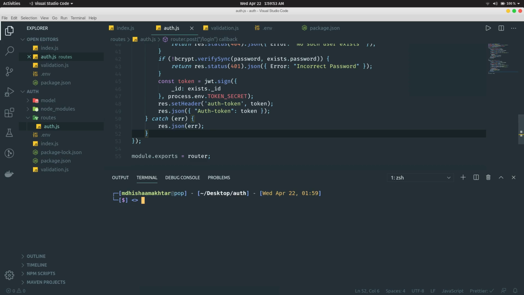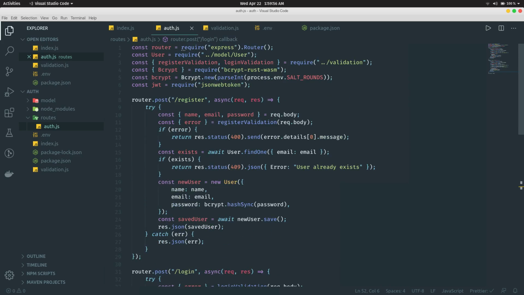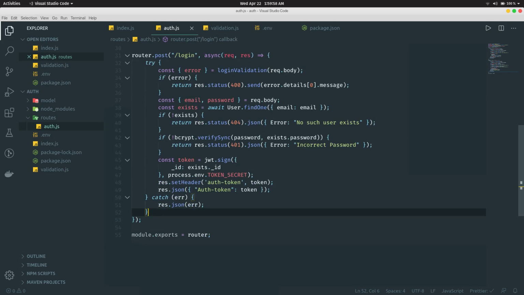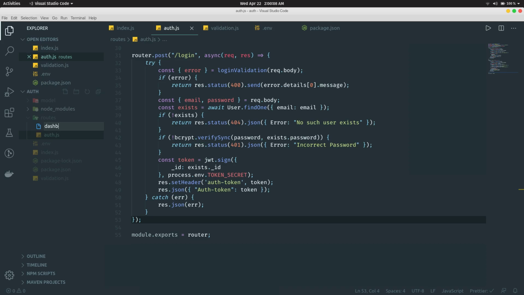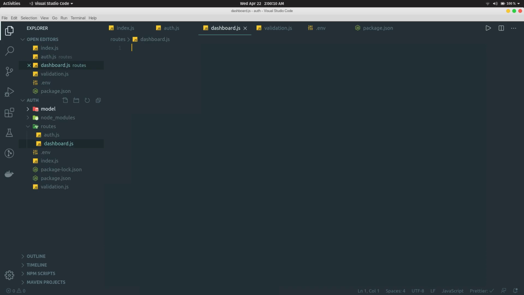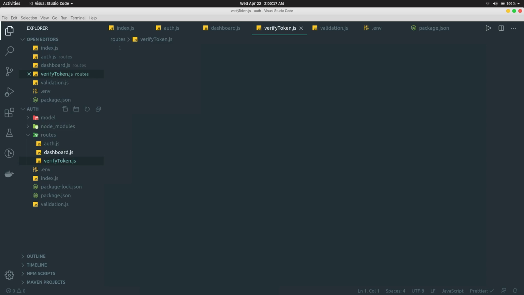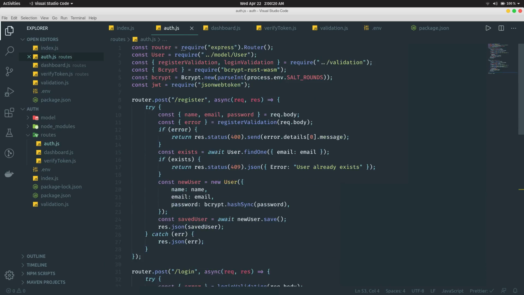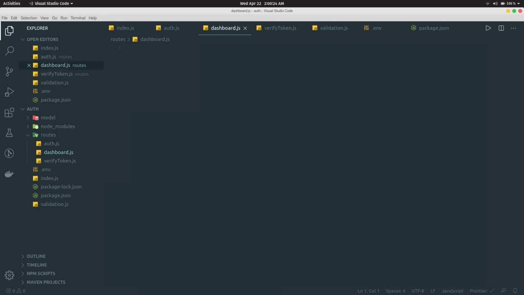Now this was about the login route. Now what if we want to build a route which is private only to John Doe, which displays the details of John Doe, say like a dashboard? So we'll create a file called dashboard.js, and we'll create a file called verify token.js. Now here I'm just gonna paste this here,